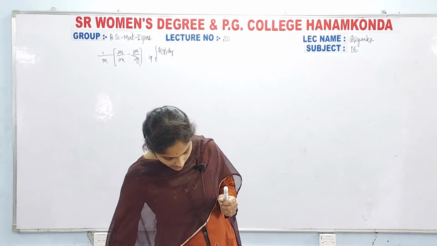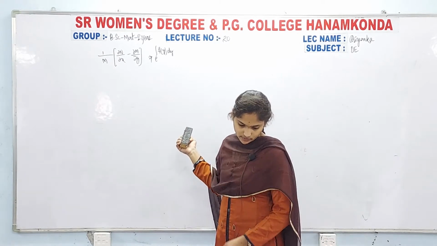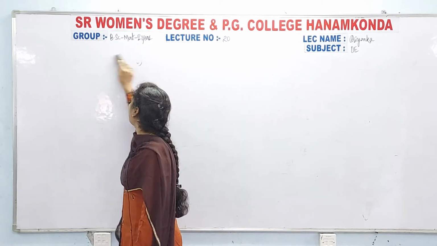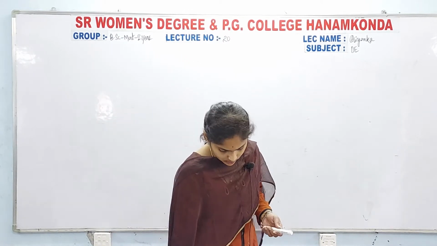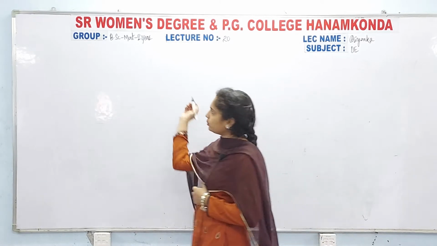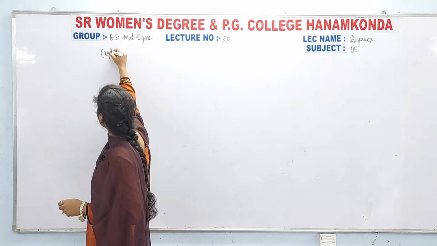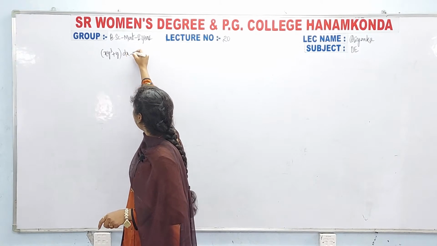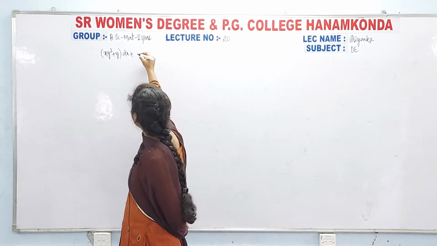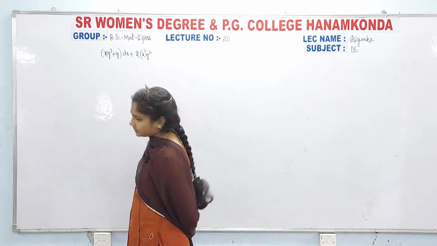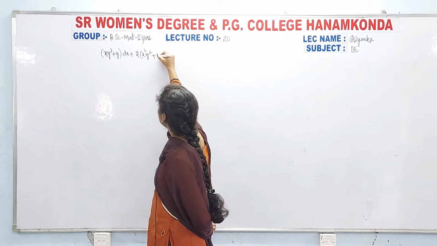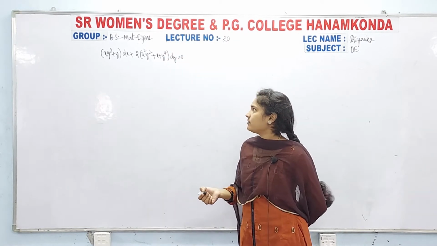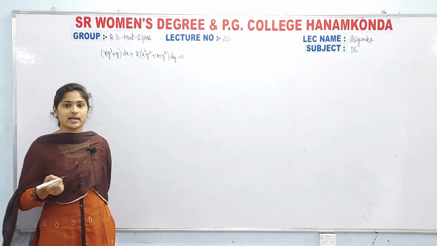Now I am going to discuss the application of this. Sometimes of course we will get a constant also, and at that time you know how to calculate the integration. Now the question is, solve (xy cube plus y) dx plus (2x square y square plus 2x plus 2y power 4) dy equal to 0. We have the M dx plus N dy form. Now we have to check whether it is an exact equation or not.